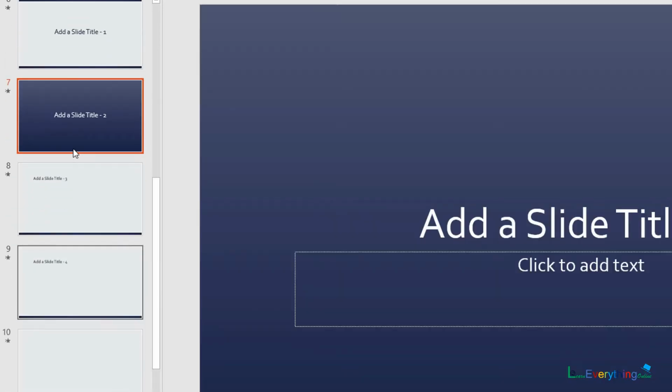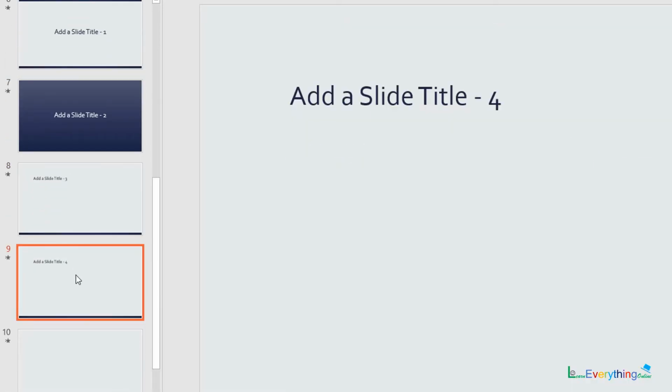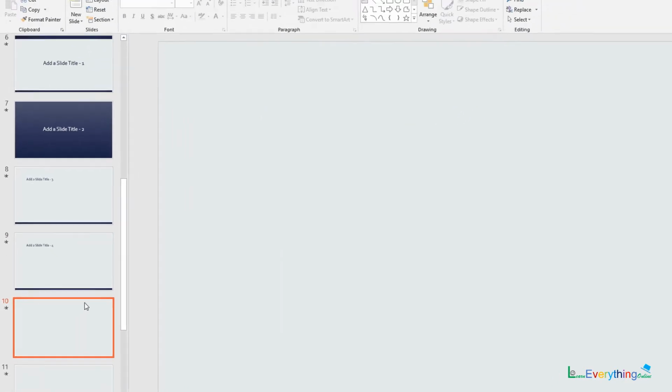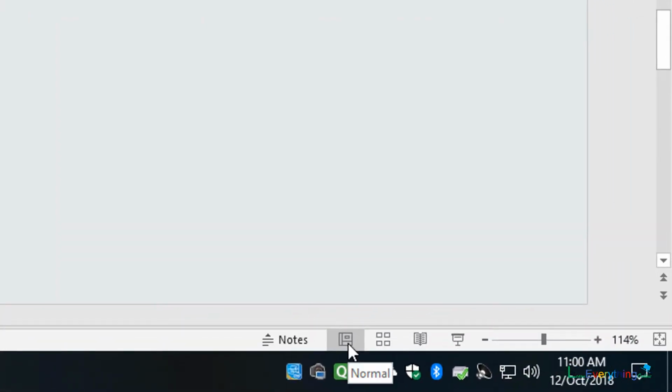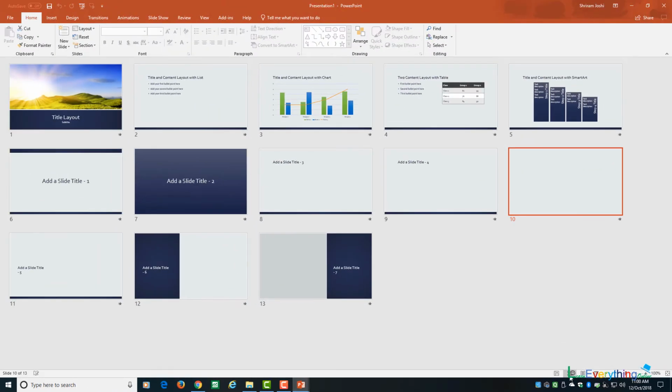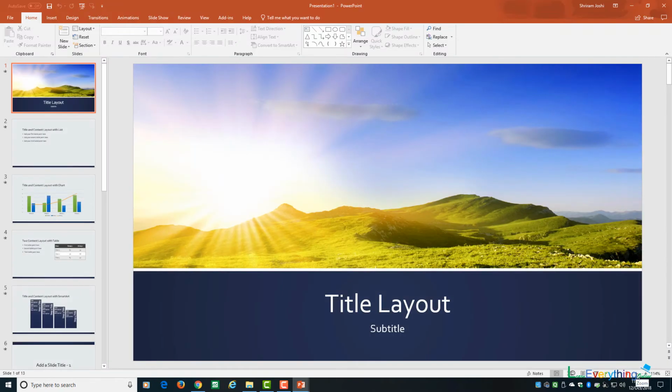Now if I want to see this particular slide, I have to check how many views are available. As we know, the view button is also available in this status bar area. This is slide sorter. I can see all 13 slides at a time. This is reading view, in which you can write notes for a particular slide. Then after that is slide show, which is the target or purpose of making a presentation.